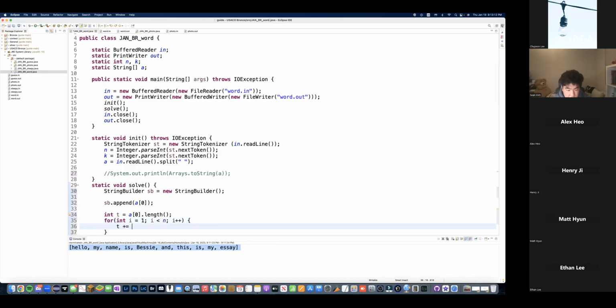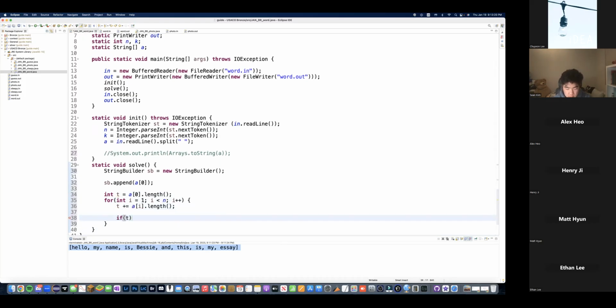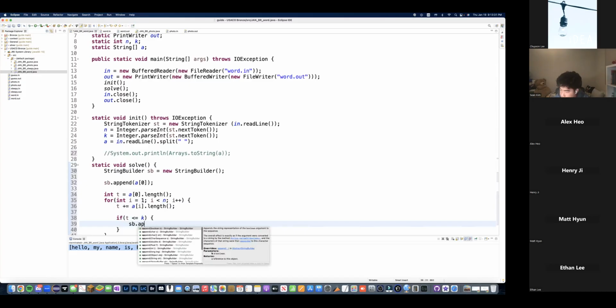And to t, you add a at i dot length, which is going to be the next word. And then we check if t is less than or equal to k, being the maximum amount of characters that can be in a line, then sb.append